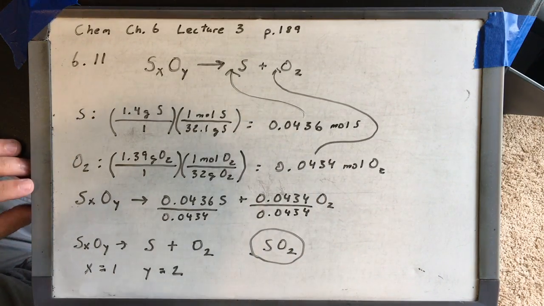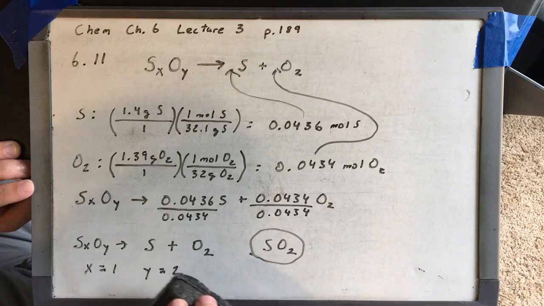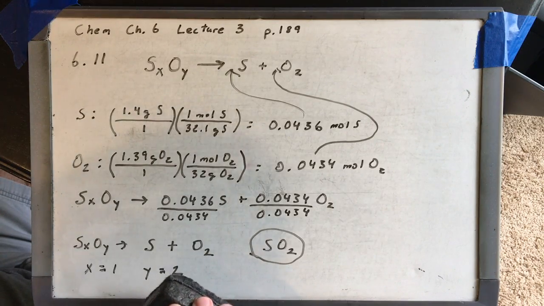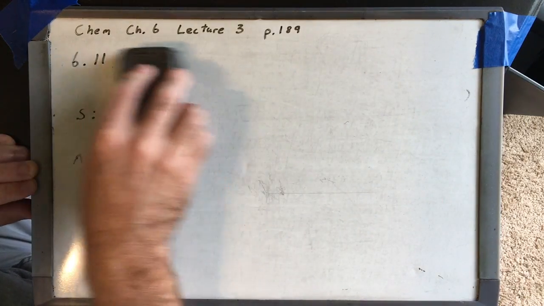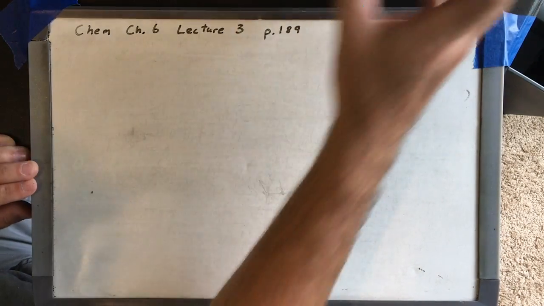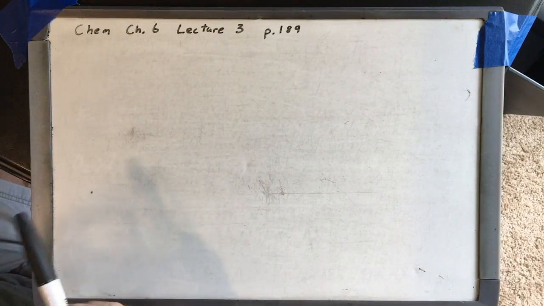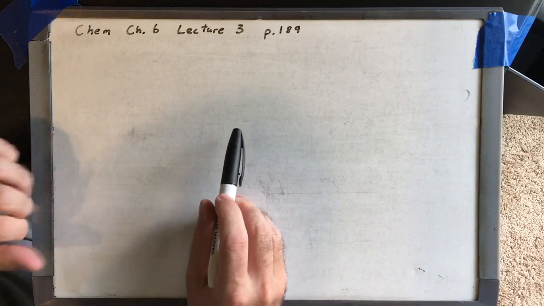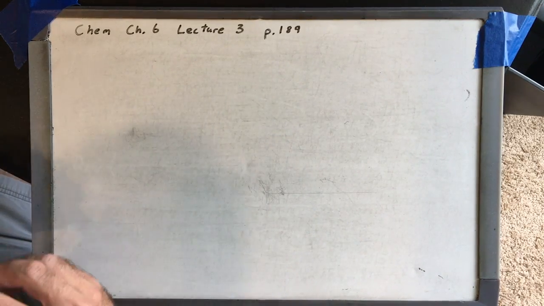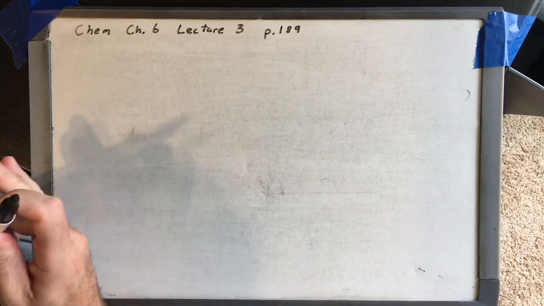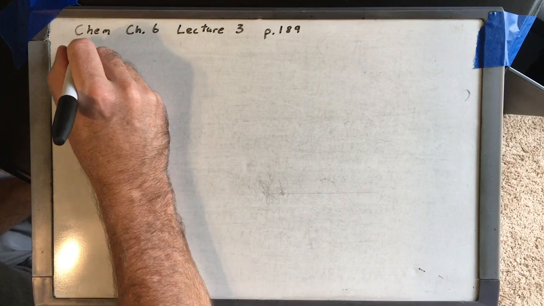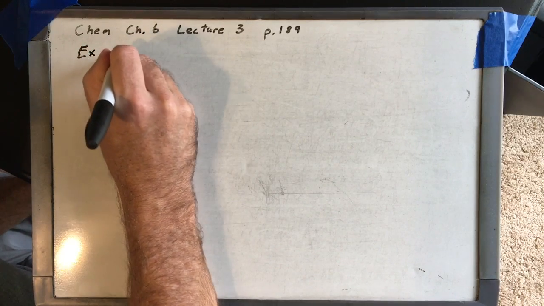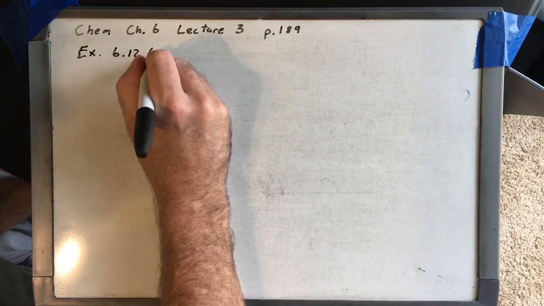So turn back one page to 189, and we're going to look at the example in blue, 6.12, because I didn't think example 6.11 was super great, because a lot of times you end up getting a molecular formula and not an empirical formula that has to be reduced. So I wanted to work an example where that is the case. So let's do example 6.12 in blue